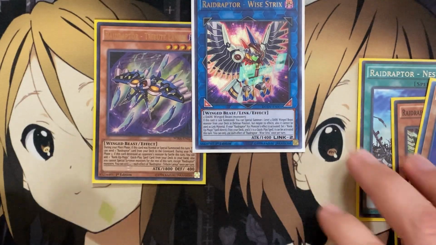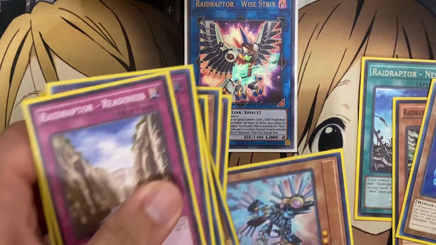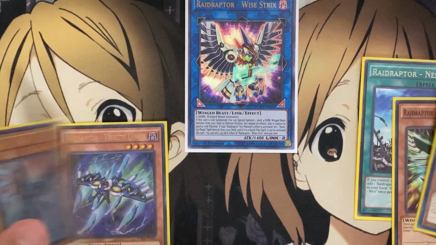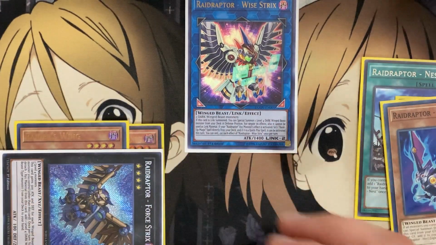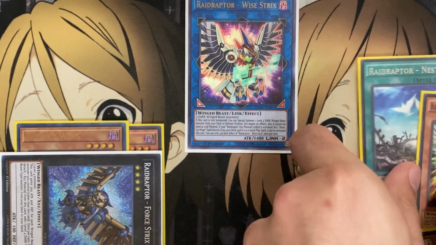You can then go for the Link of 2 for these cards, and then go for your Link 2 Raidraptor Y-Strix. And then being able to use this card to special summon 1 level 4 Dark Wing Beast type monster from your deck in defense position. You can go for your new monster, which is your Raider's Wing, and then overlay the 2 together as well. Before you want that additional Raidraptor monster, you can overlay the 2 to go into 4-Strix, which will not only protect 4-Strix because of Raider's Wing,